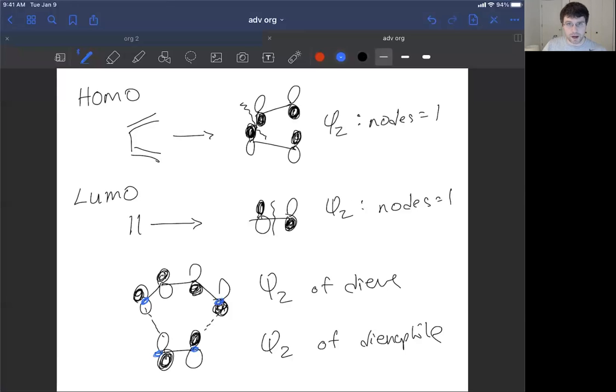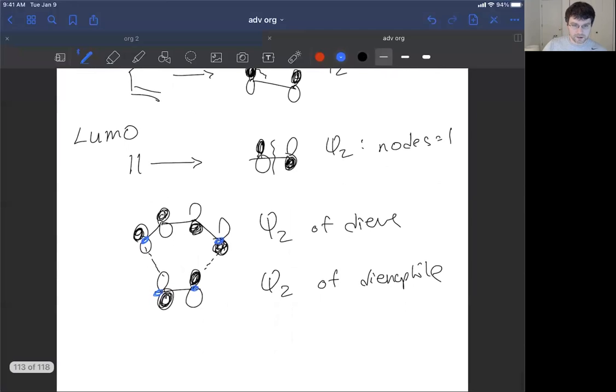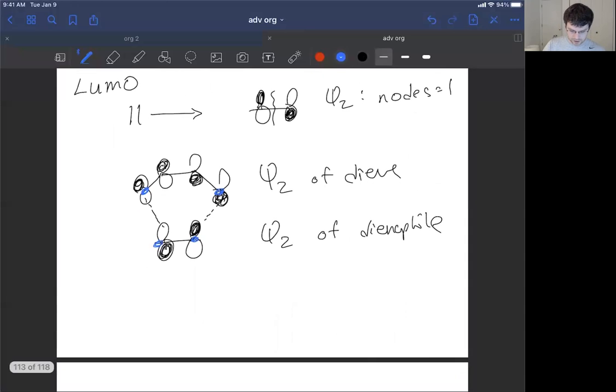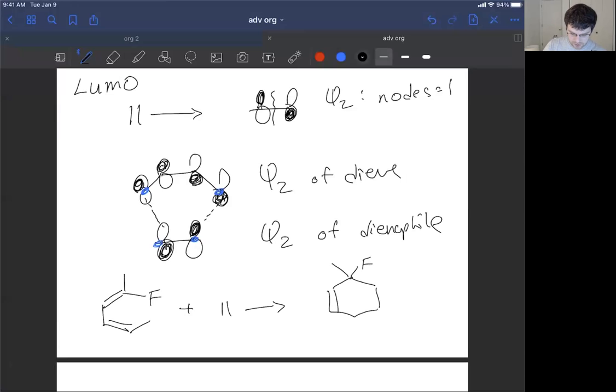So again, I'm going through this at rapid speed compared to organic chemistry 2. So hopefully this is kind of coming back. But anyway, it's the interaction of these orbitals that controls the stereochemistry of the reaction. That is to say, if I had a complicated molecule like this, and I'm adding it to just some straight alkene or whatever for now, I would actually form, in this particular example, 2 stereocenters